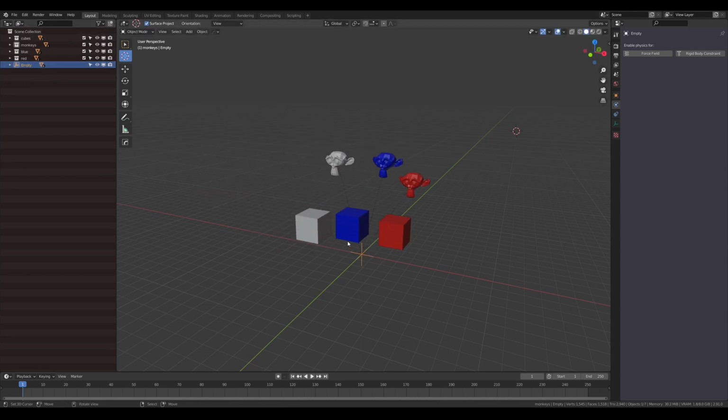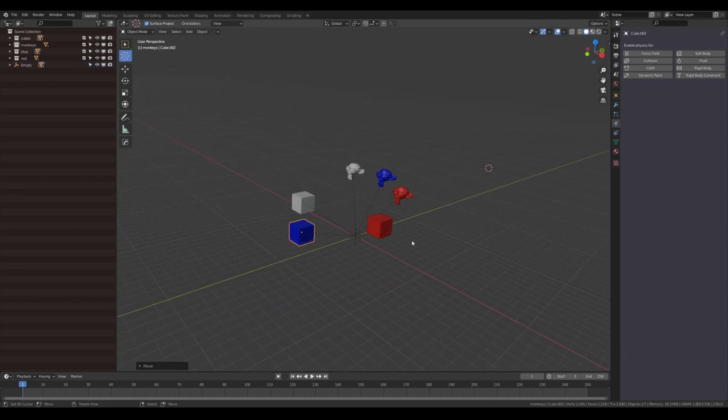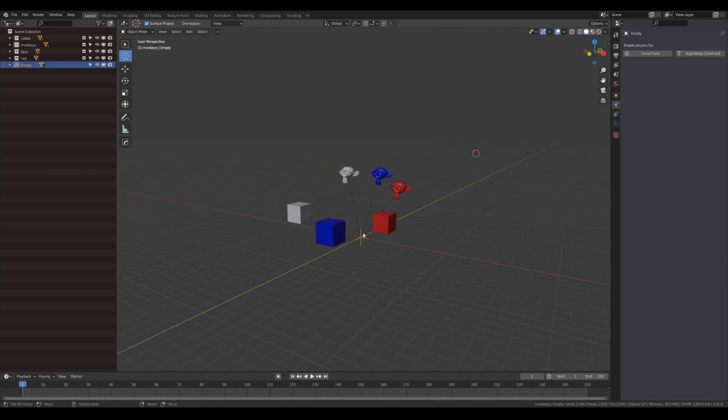And everything is parent to the empty. So now I can just drag everything and parent and move it, okay? So it's like an empty object. So if you don't want to see the object or the relation lines,